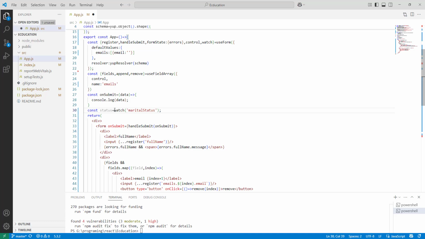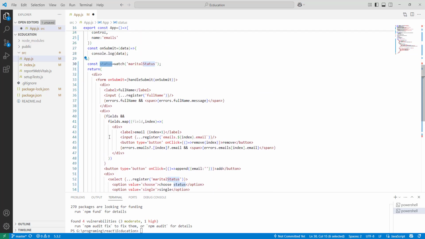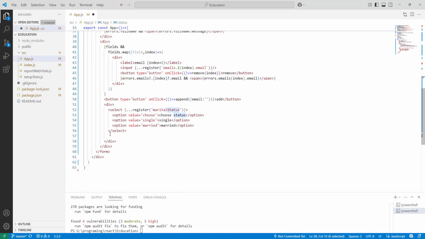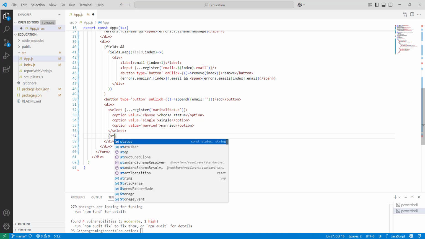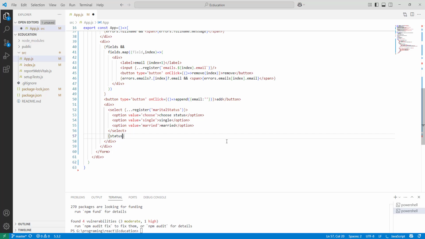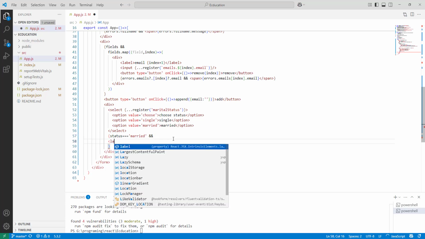When the component is rendered, the status gets a new value, and you can write status here to show the conditional field. Status equals, for example, married, please show the input tag. First we can write a label,